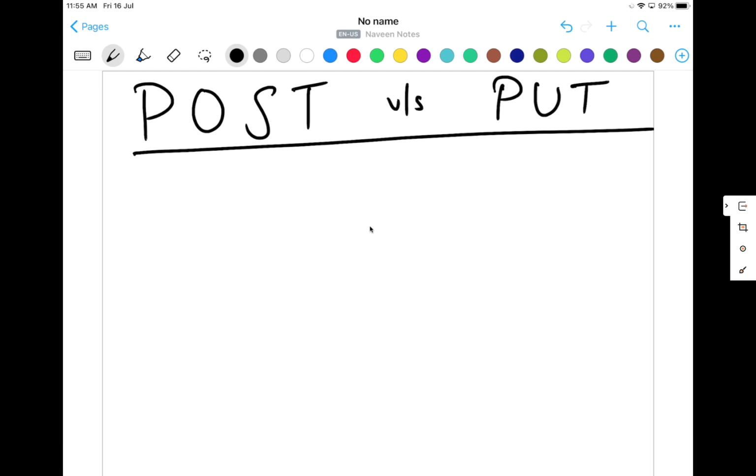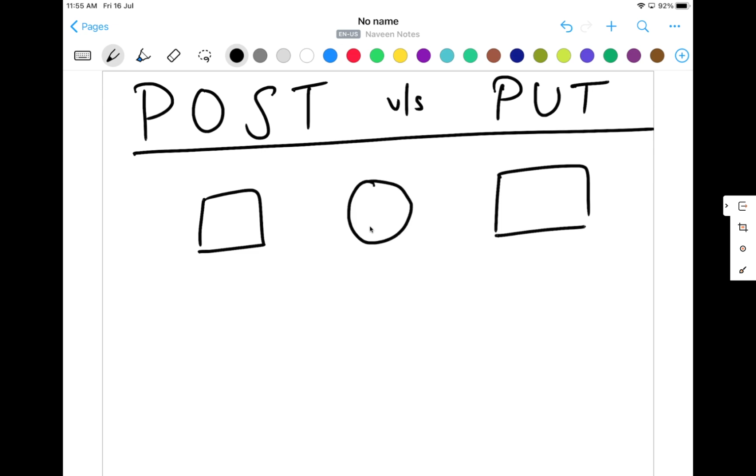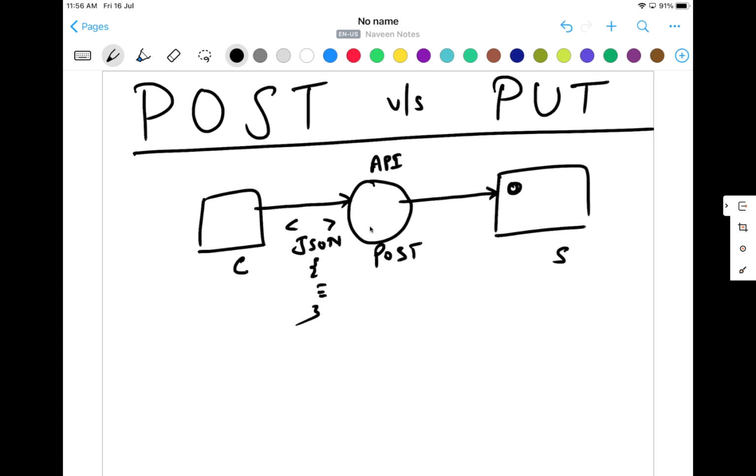So I'll show you an example in Postman also, and then we'll try to automate with Cypress. So remember this, this is my client and this is my server. And then I'm going to call this API. Let's say this is my POST API. So first I'll try to create a user and this is a POST call. I'll be giving some payload over here, in JSON format, some data I'll be passing. Through the POST API, I'll be sending the request to the server. Server will process this particular request and store the data in this database here.